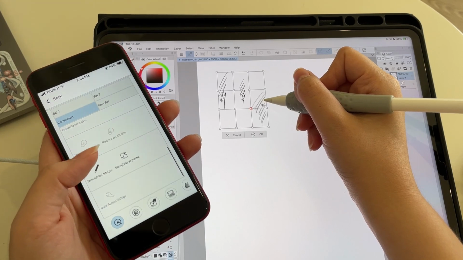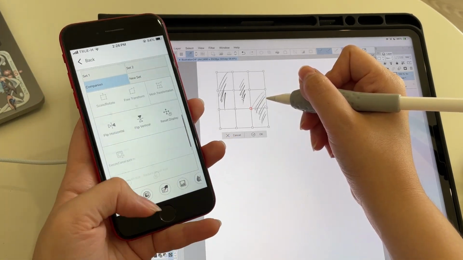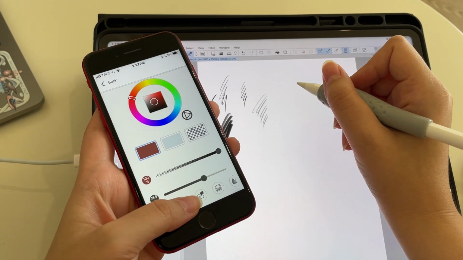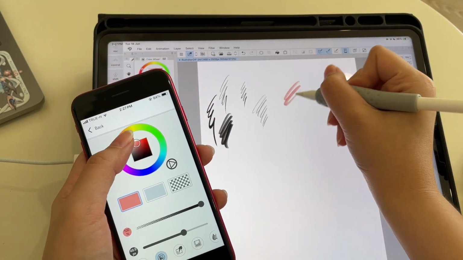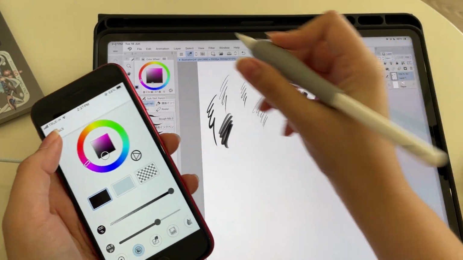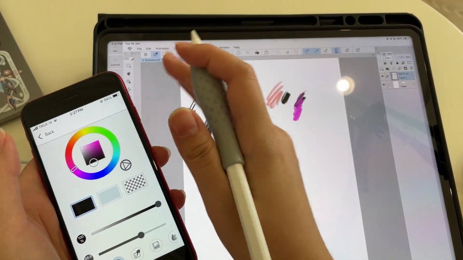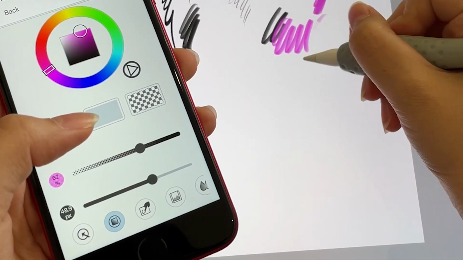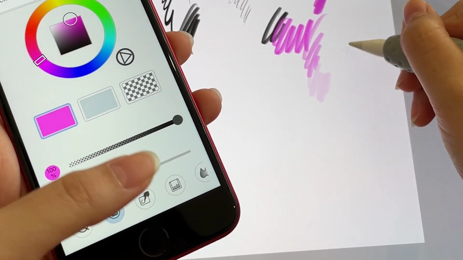This is fully customizable, but what's cool is that it's not just the quick access panel. There's a bunch more options down here for you to choose from. The second option right here is the color wheel. So as I'm drawing, I can just change and pick some colors right as I'm drawing without having to go to a panel right here. This means that I can hide panels and be able to show more of the canvas on my screen. Change the opacity and change the brush size.